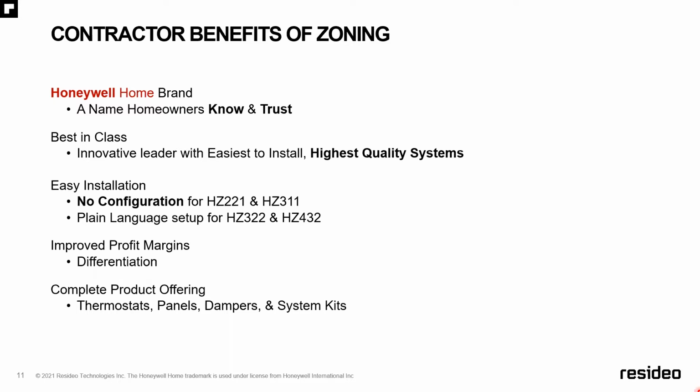Now, when we go through the zoning boards, I need you to understand that we do have some basically builder type boards that don't allow for any configuration as far as tweaking. And that's the HZ221 as well as the HZ311. But what we'll be showing you today is how, by utilizing the plain language setup of our HZ322 and our HZ432 zoning panels, you can tweak these so that they're extremely well mannered and deliver maximum comfort